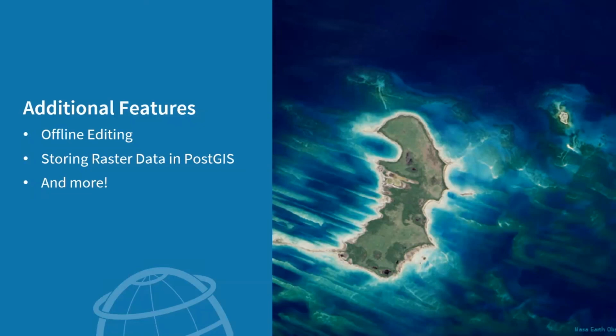You can set PostGIS into an offline mode in QGIS that will download a geo package onto your laptop. You can go out into the field, collect data in the field in QGIS. It'll save it to that geo package, and when you come back into the office, you can sync that back up into your PostGIS database and make it available to your team. So those are just a couple of the things I wanted to mention. Of course, there's so much more out there,